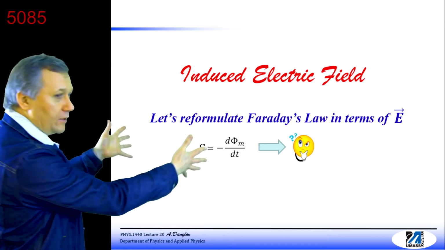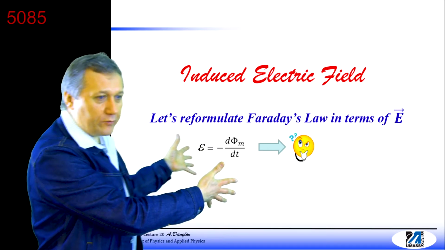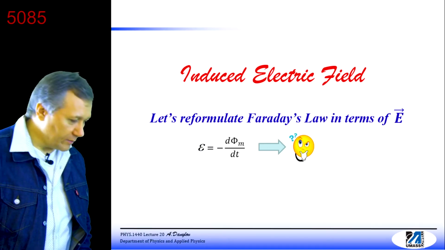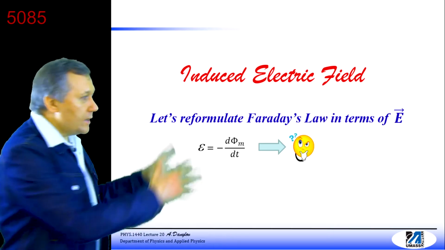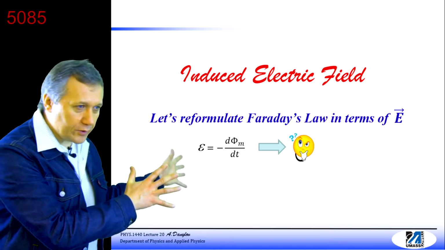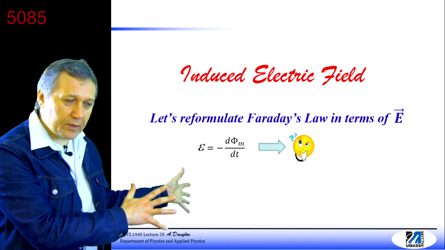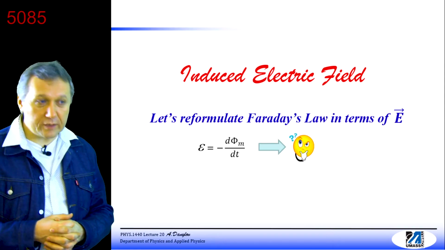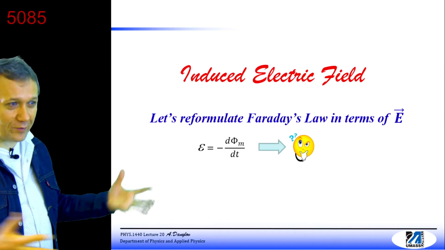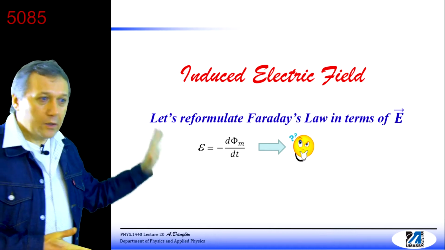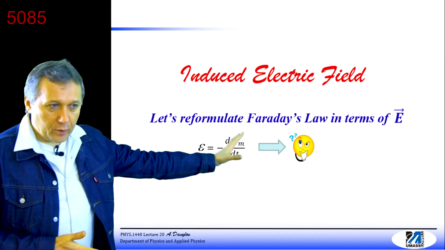Here's the form of Faraday's law which we've been using: EMF equals minus the rate of change of the magnetic flux. There is nothing wrong with this law. It's a universal, fundamental law, which can be applied at any point of the universe, at any moment of time, and it must work. So far, no one has found any examples where it would fail to work. Nothing wrong with this law, but